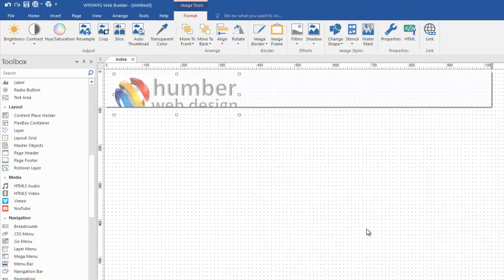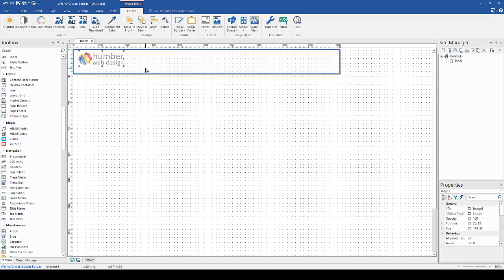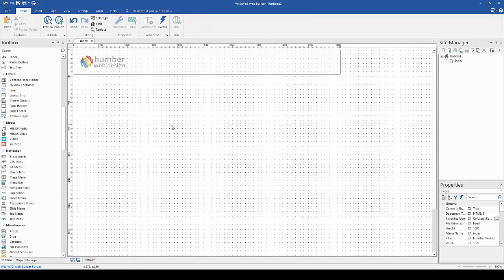And double click that to bring it in. As you see, it needs to be resized, so we just bring that in so it's a nice size, and just center it up a bit so that looks good. Okay, that's good. Now the next thing is the menu, and what we're going to be using is something called